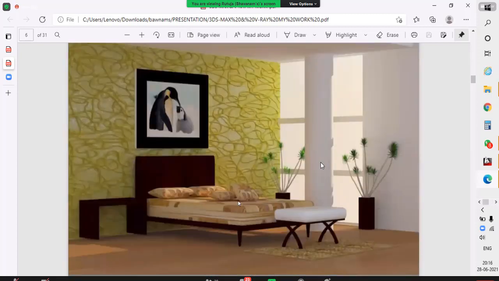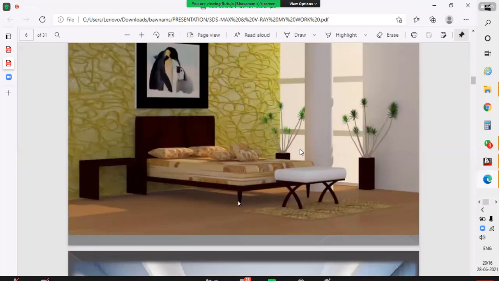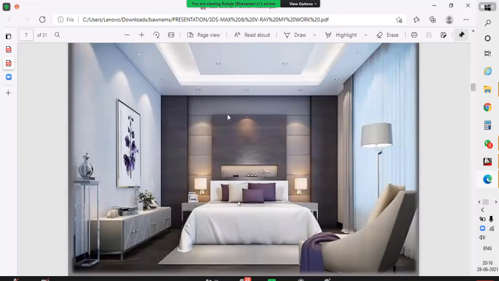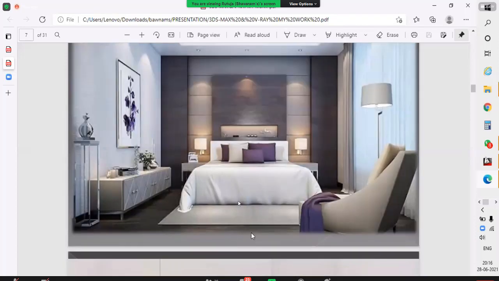Then the second one, this model. You can see here the sunlight in the windows, and I will add the frame and trees and all. So next one is that one. If you see in the picture, there is ready-made furniture and lighting effects. This is much more beautiful because of the lighting effects. So if you see this picture, you will get the importance of lighting in your render, for a perfect render.